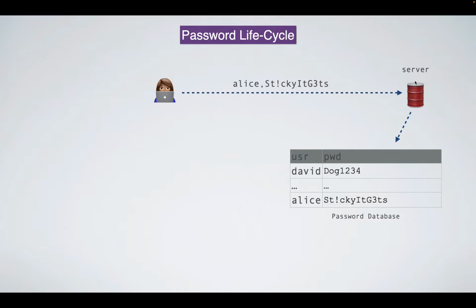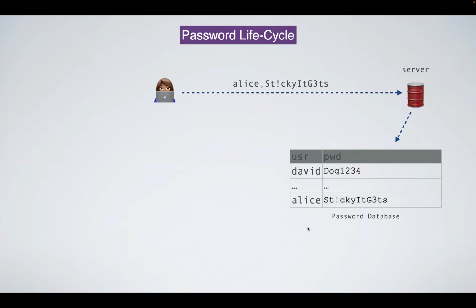Then what they'll do is take your password, and in attempt one, not the most secure way, but one way of doing it, they'll just drop it in a file. So they have some file sitting on the server. It has every username, and it has every password. Later, you'll come back to the website, you'll put your password in, and it will go into the database. It will say, okay, Alice is trying to log in. This is the password Alice is sending me. This is the password I have stored. Are they the same? Yes, then it's the same user. Are they not the same? No, then you get an invalid password.